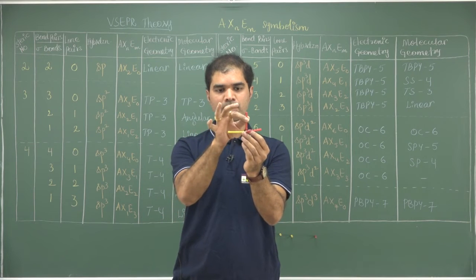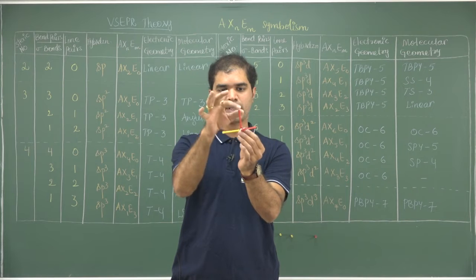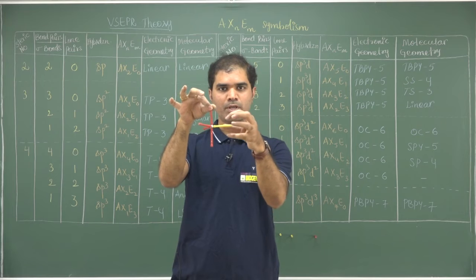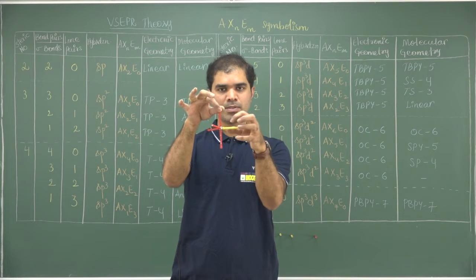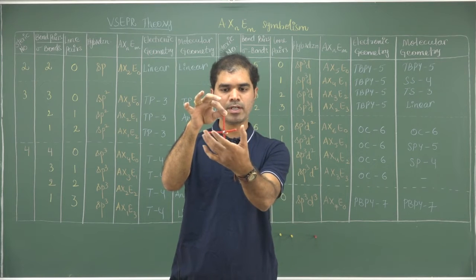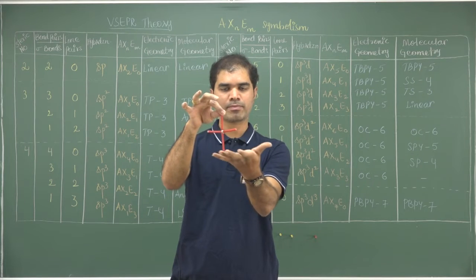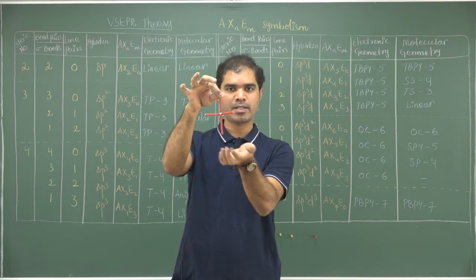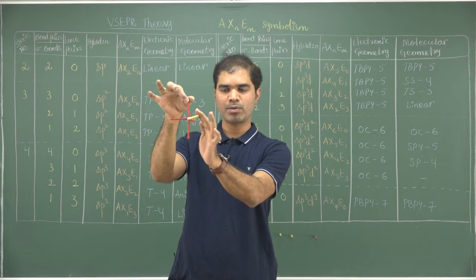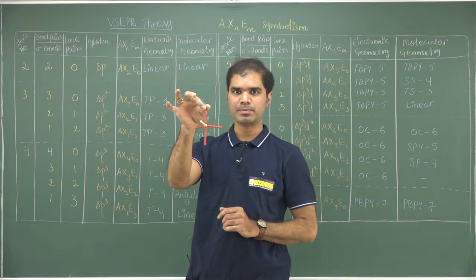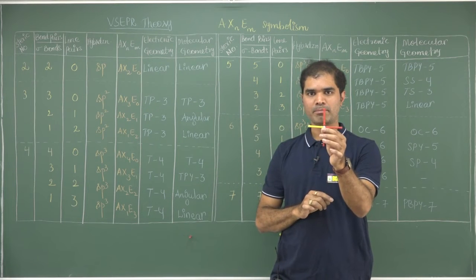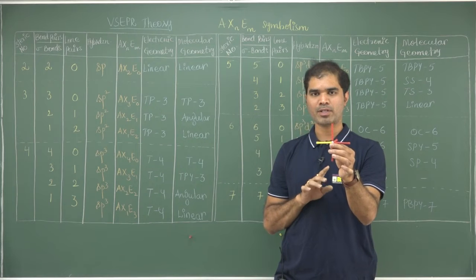Once it is choosing an equatorial position, now the bond angle is 120 degrees. Since it is 120 degrees, it is enjoying a greater freedom. It will occupy a larger space. Once it is occupying a larger space, now the bond angle here, expected to be 120 degrees, will decrease to some extent. So it is not exactly 120, it is lesser than 120, whereas this bond angle will be greater than 120 because the lone pair will occupy a greater space. Okay. This is when it is having one lone pair of electrons, which always occupies the equatorial position in trigonal